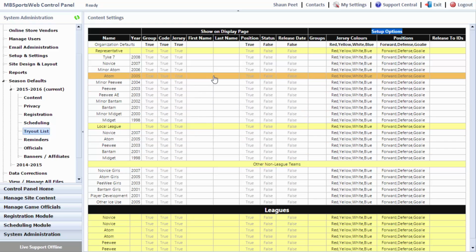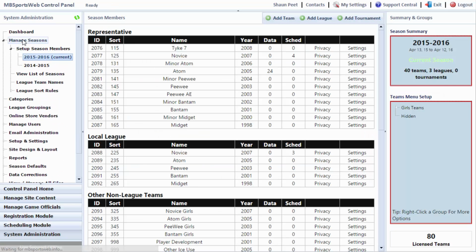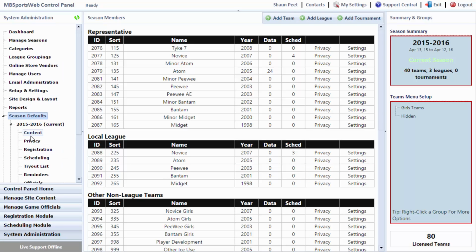league team. You set that tryout progression first by going and looking at the IDs of each of your teams, which is in Managed Season, Sub-Season Members 2015-2016. The IDs of each of those teams show up on the page there. So we can see that the ID for the Atom Rep team is 2079 and the ID for the Atom Local team is 2089, which means that when I go back to the season defaults and tryout lists, I want to set the